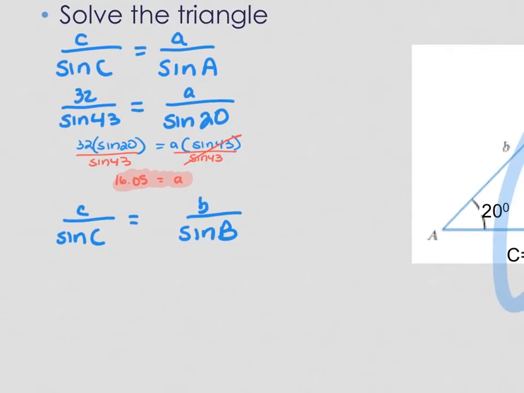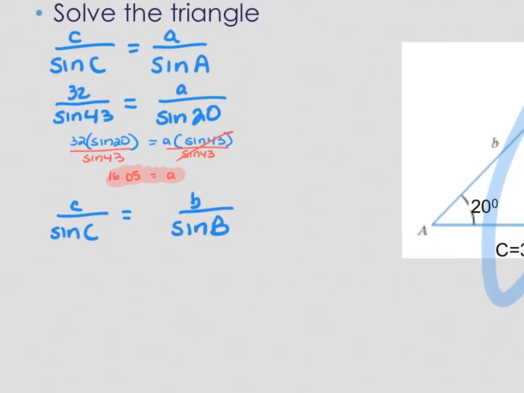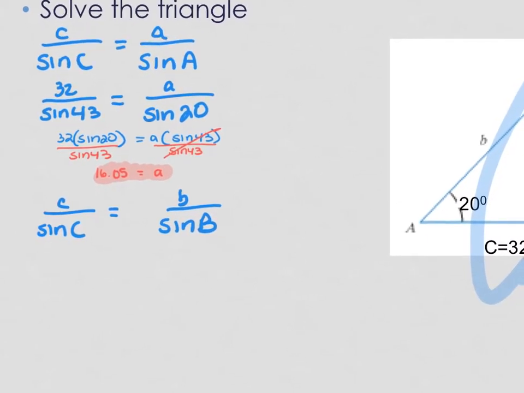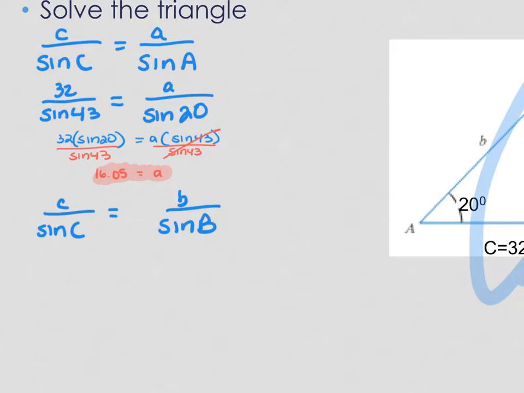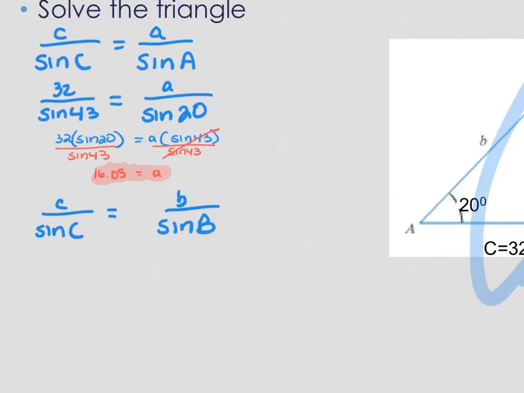No, good question. These are in degrees, right? We want to be in degrees. None of the ones I give you have radians, but you could see it. Like if that angle A was pi over 7, then you'd want to be in radians. Okay, so then C again is 32